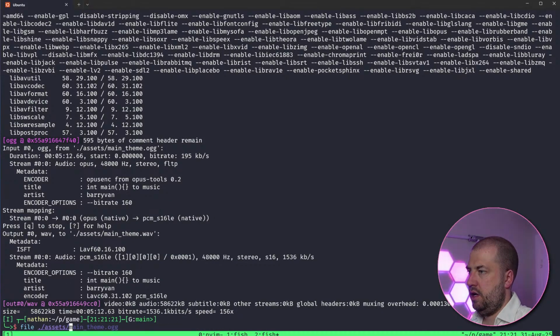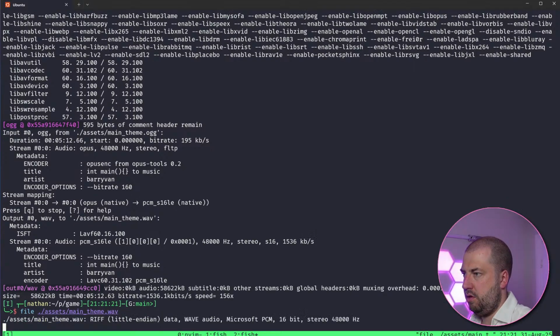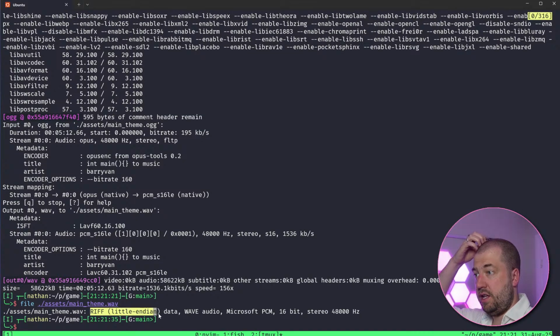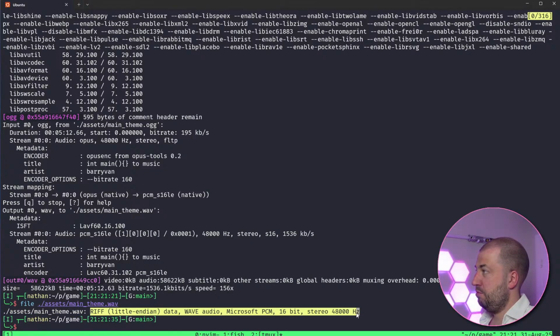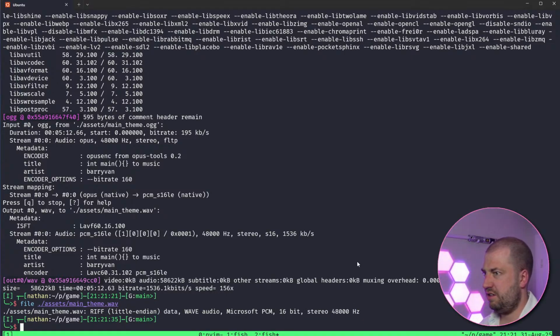File assets main theme dot wav. Okay, we got a little RIFF with WAVE PCM. I mean, it's got all the keywords in it. Nailed it, right?